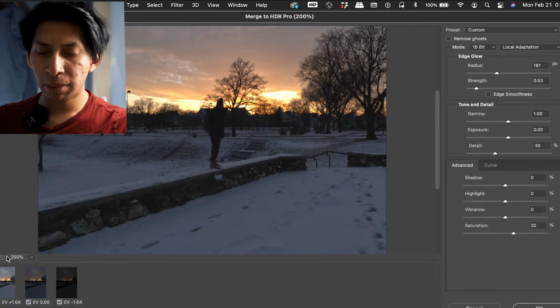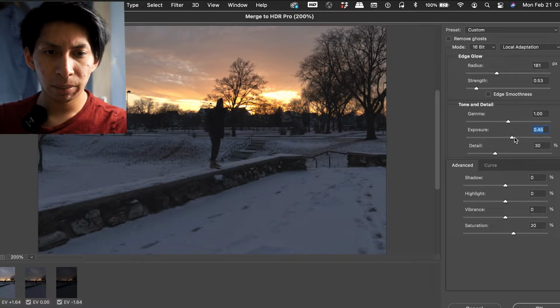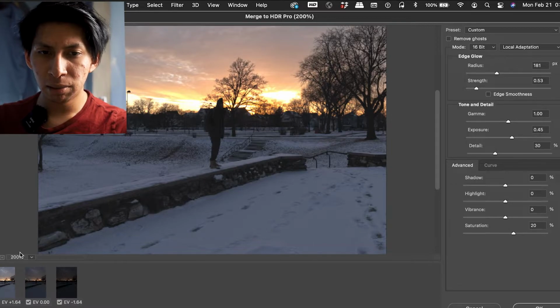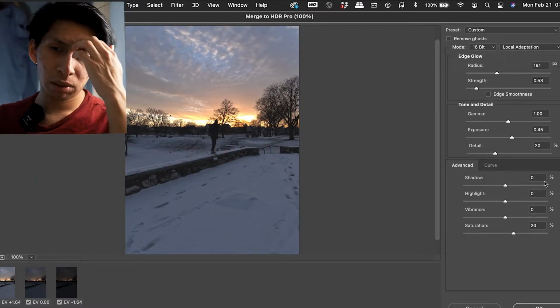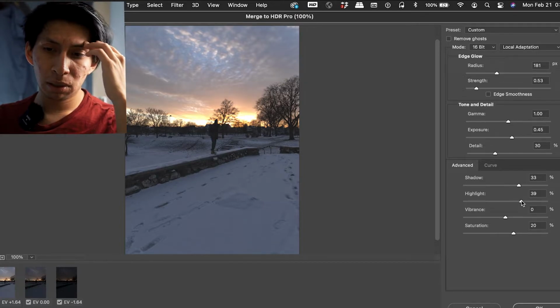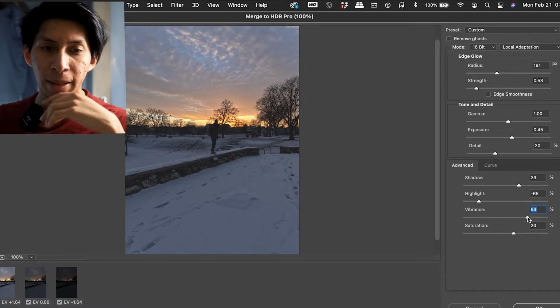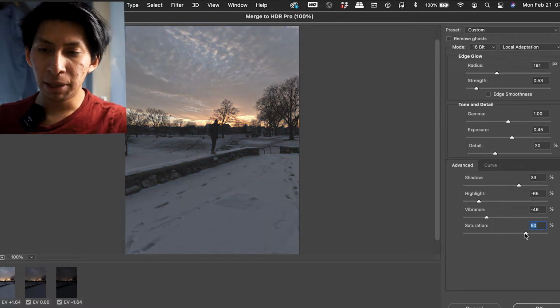What I'm gonna do probably is actually bring the exposure a little bit up, because it's a little bit darker than I like to. Highlights up, saturation up, and I shouldn't really be doing too much editing in here, but you're gonna see a difference when